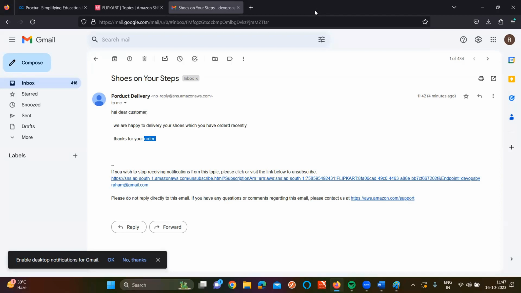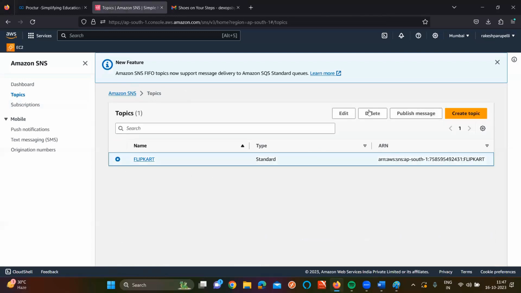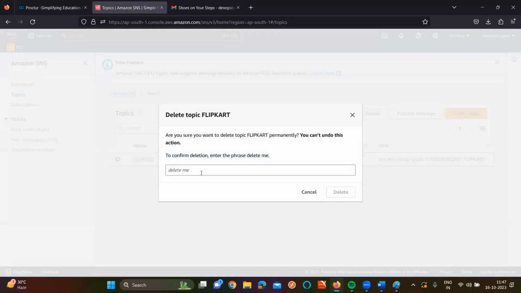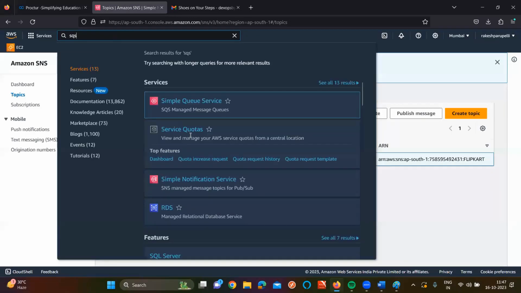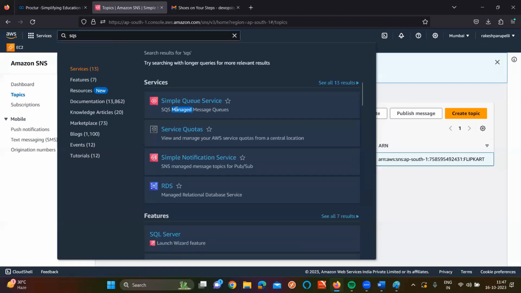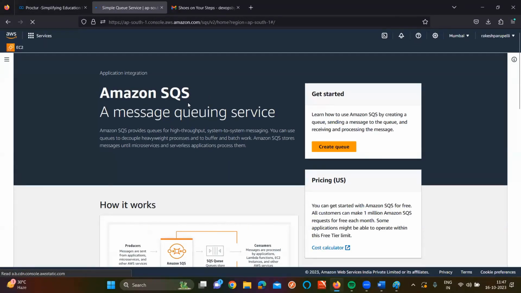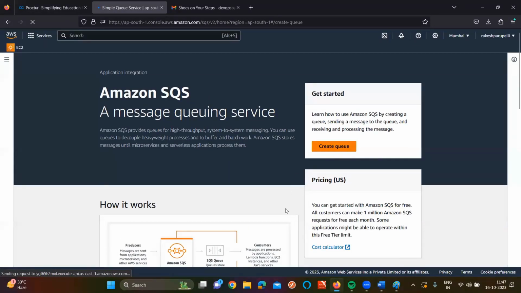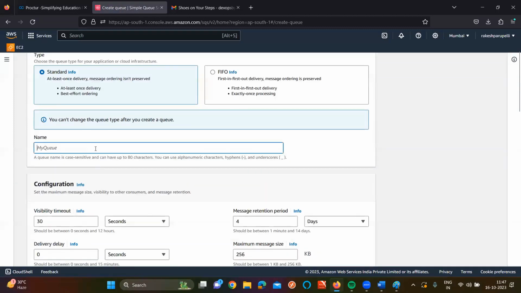SQS is going to arrange the structured format of how a message should be sent and how it should reach one of the subscribers. So now, first of all, let me delete this SNS topic, or keep it like this. I'll go for SQS here. SQS means Simple Queue Service. SQS manages message queues. For example, if I have 100 messages, it is going to send each and every message in a queue format. Click on create queue. Again, we need to select here. My queue name is